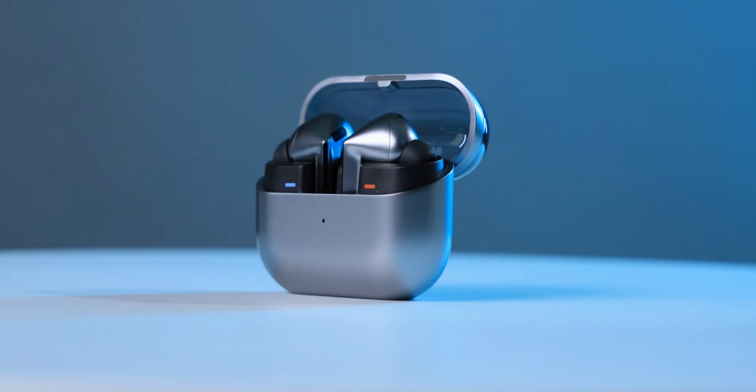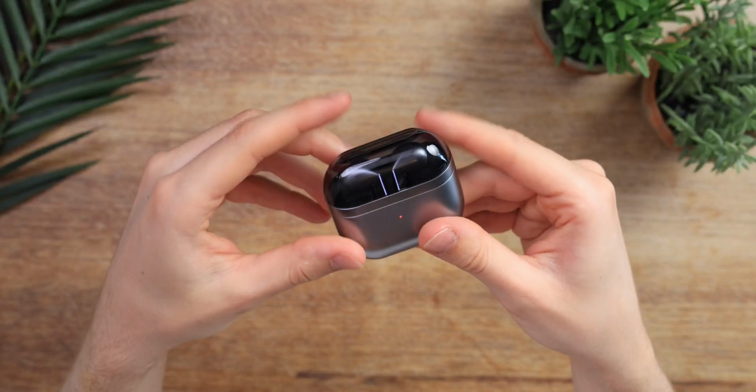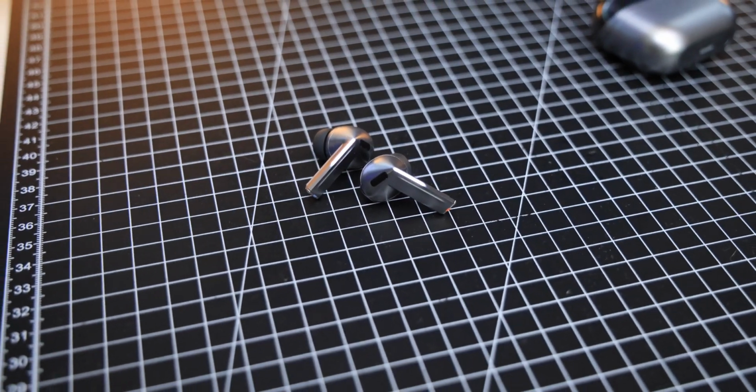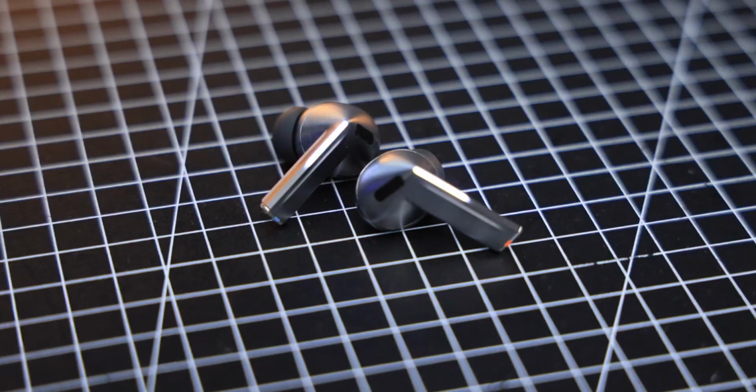First up, it has a clear top, which looks much better. The Pros have that LED on the stem, or blade as Samsung calls it, which will let you know the battery percentage. The blades are much easier to operate, and the case can finally be used as a case, because